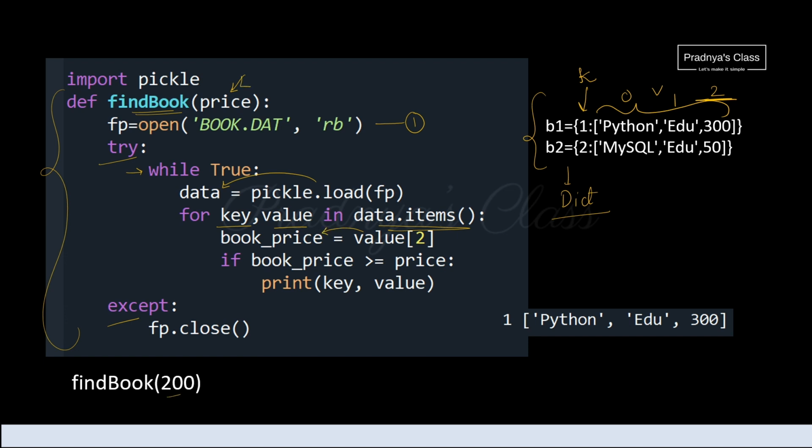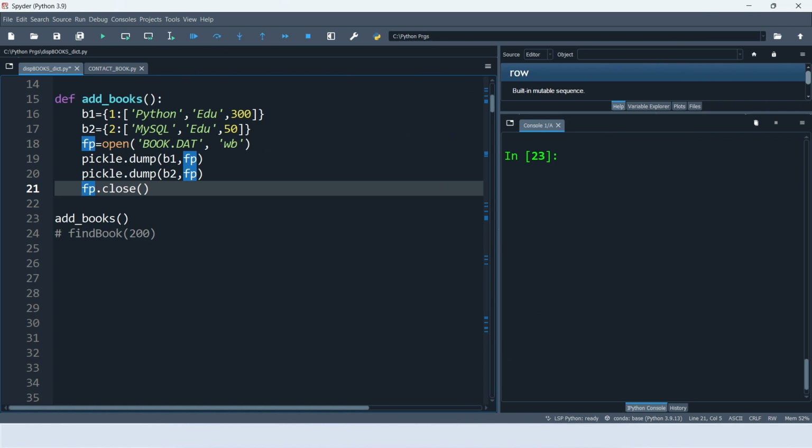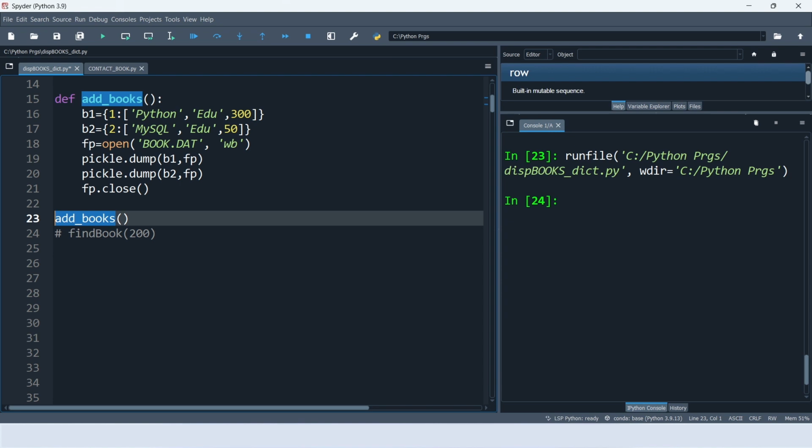To make it easy, we have stored that price in one variable named book price. Now let's compare the price which we will be sending into the variable price and the price of the book in the dictionary. If the book price in the dictionary is greater than or equal to the passed price, then we will be printing the key and value for that book. In this way we will be getting the required output. To execute this code in the IDE, first we should write the code to write the content to the binary file. So here is the code. Let's run and check whether it is getting executed or not. We are not getting any error, means data got stored. Now let's comment it. We will not be executing this code again.